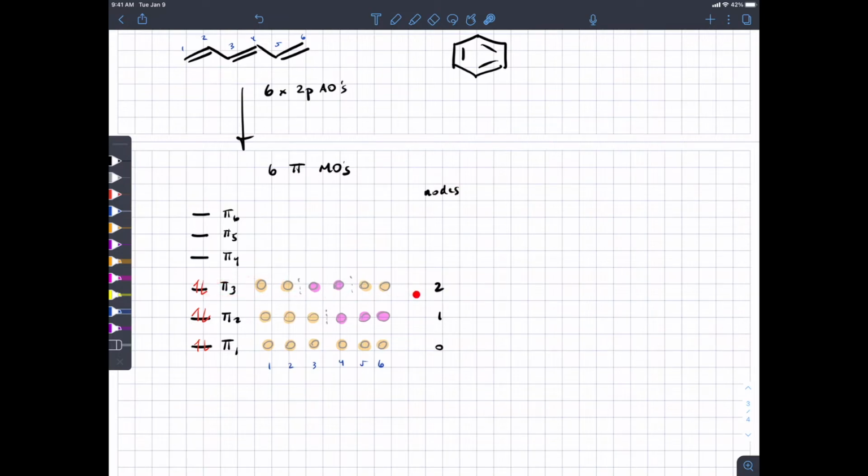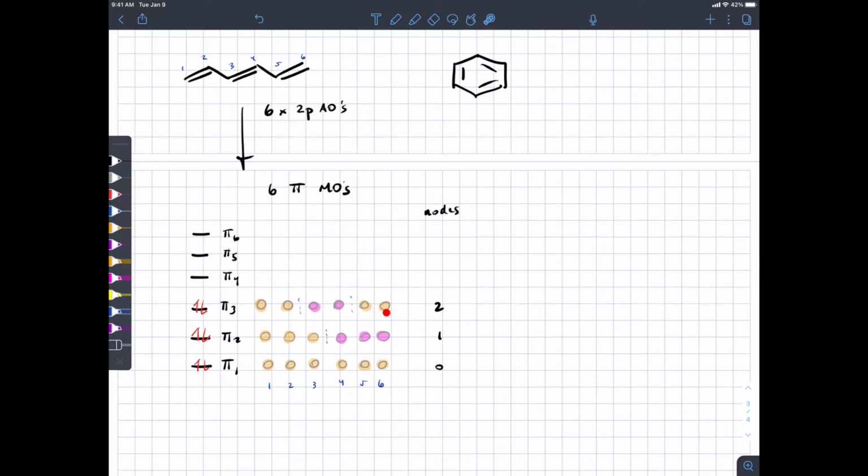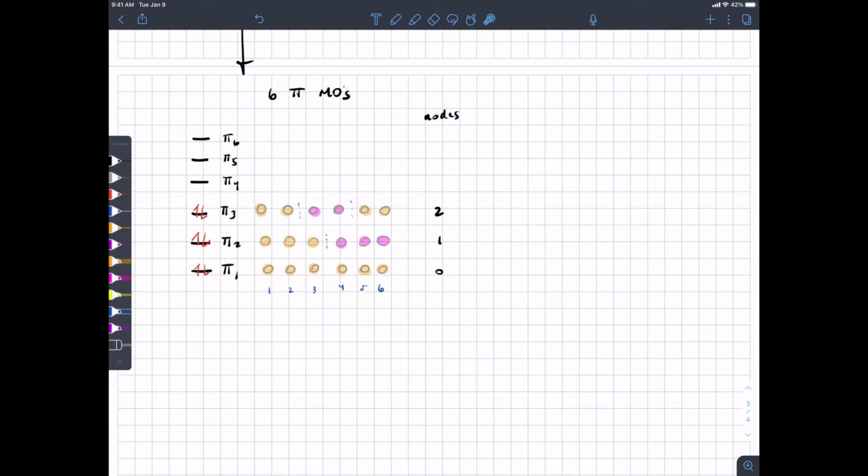And this highest energy orbital is about the level of energy you would expect for an isolated pi bond, but now you have 2 sets of electrons in lower energy orbitals, and this is the more stabilization that you get because of conjugation. Notice that this lowest energy orbital, if we count the number of times that atoms are adjacent to each other with the same wave function sign, we get 5 bonding